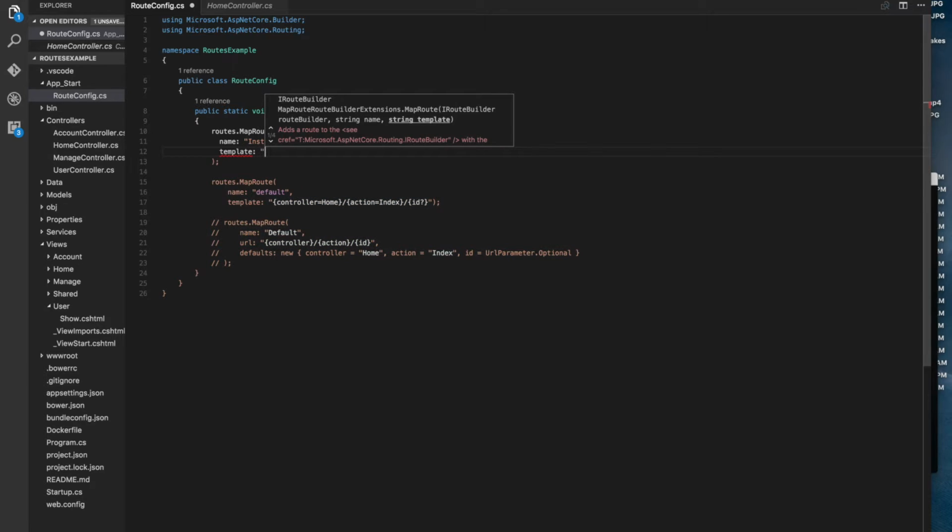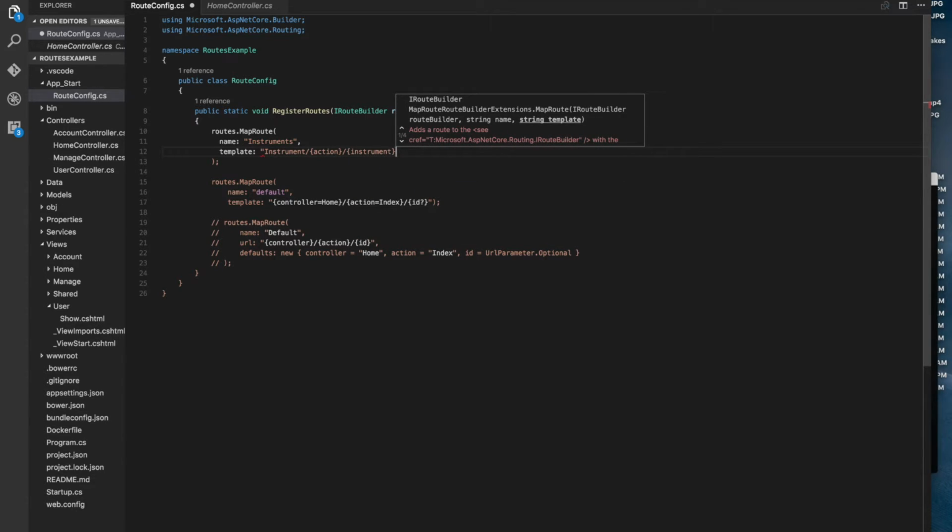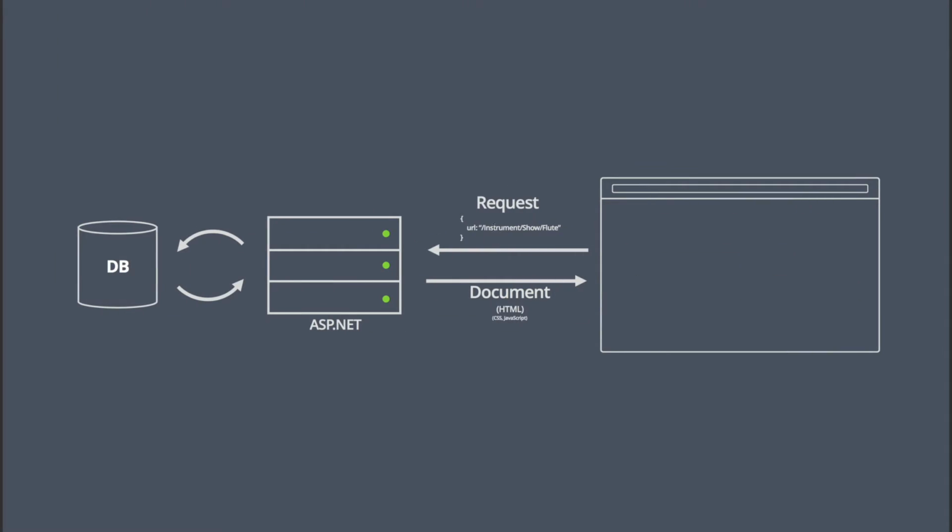And in my template, I'm going to say it has to start with instruments. And then I'm going to have an action. And then I'm going to have an instrument. All right, and let's make sure I got that right. So we have our controller, instrument, and then our action, show, and then our actual instrument, which